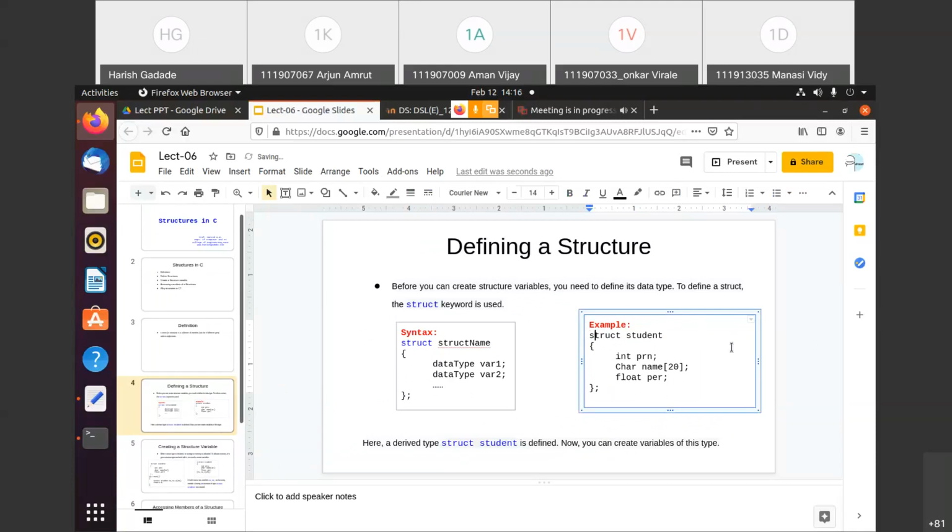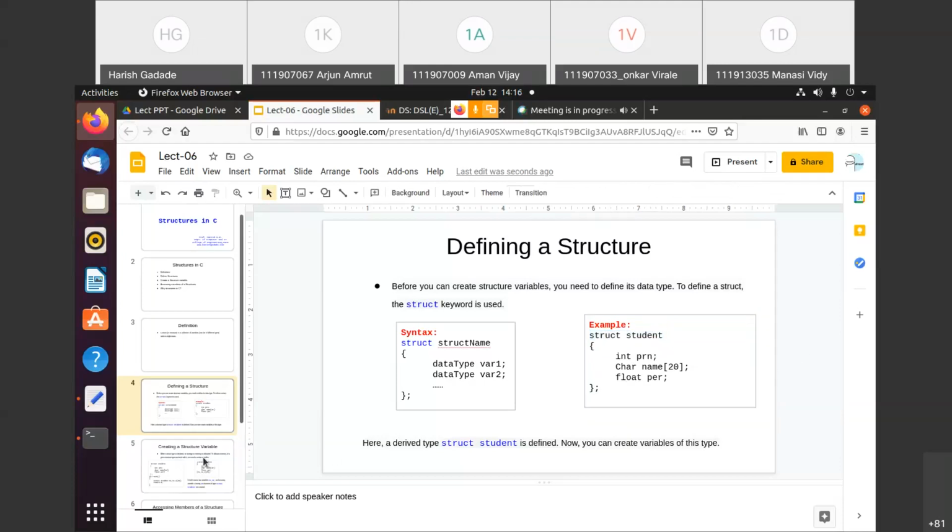So now see, whatever is the struct student, this becomes the data type name. In this case, this struct student is the data type name, like integer, character, float. These are the inbuilt data types, right? Every data type has its size. Now this is a user defined data type, and the name of this is struct student. Whatever variable we create of this data type, that variable will have size 26. So how it would be, we'll see.